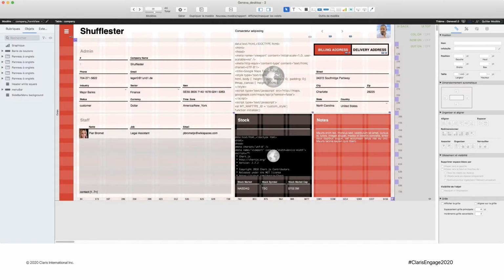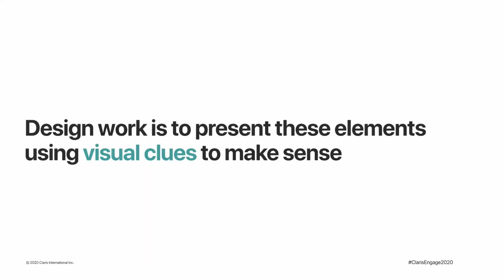The user must first be able to easily read your interface, read your layout, and quickly distinguish between elements. Your job as a designer is to arrange this layout to make it easier to read. To organize these elements on a layout, you have at your disposal a very large number of visual clues.